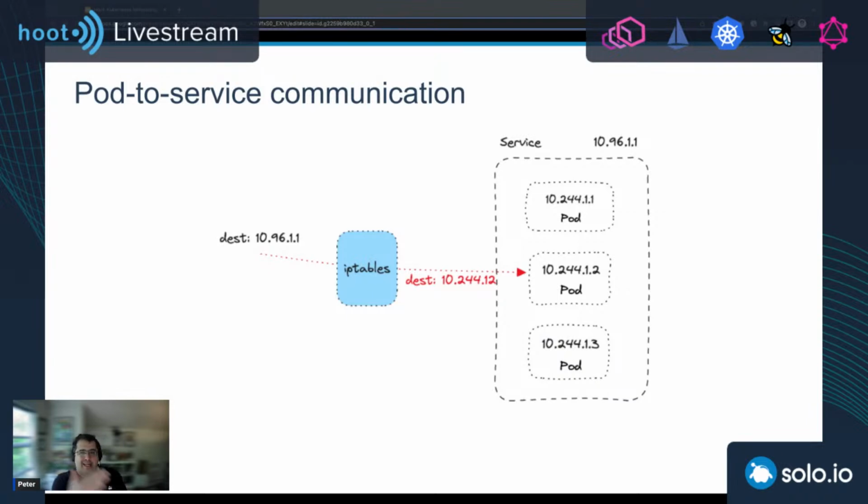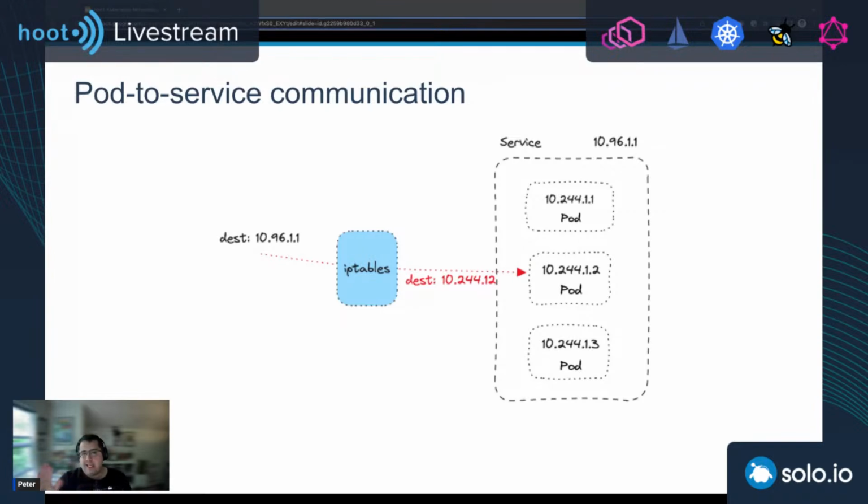So when we send packets or requests from the pod to the service IP as a destination, let's say 10.96.1.1, those packets will flow through the iptables rules, and as part of those rules, the destination IP, in this case the destination IP of the service, will get changed to one of the IPs of the backing pods. So the caller side will always call the service.